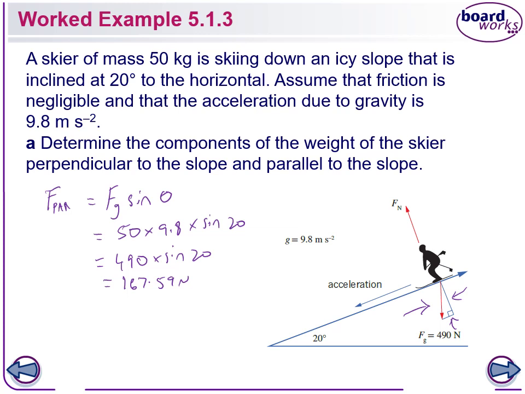So perpendicular then, it's going to be, from our diagram, Fg cos theta. So 490 times cos 20, which is 460.45. Okay. So now,